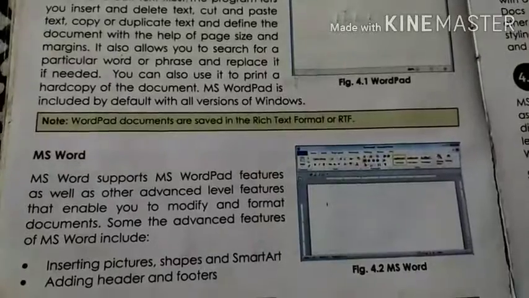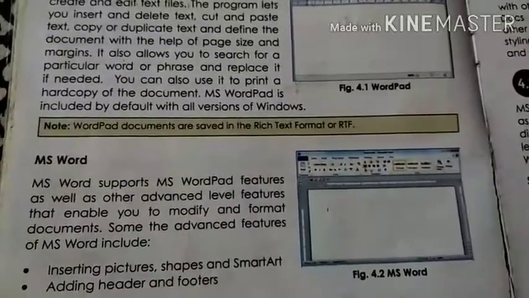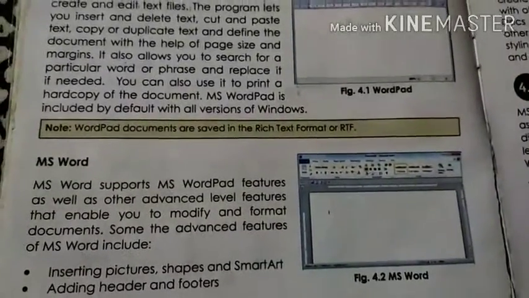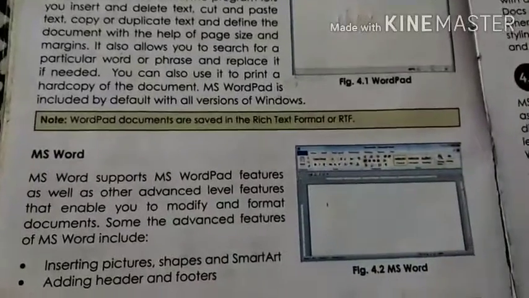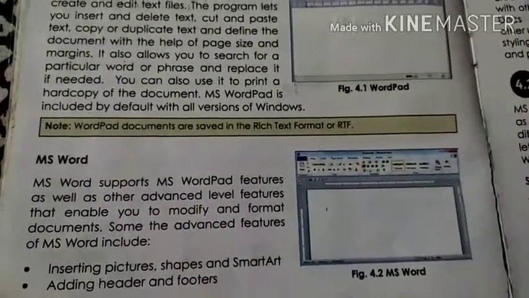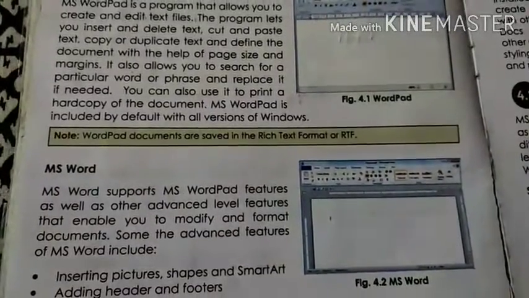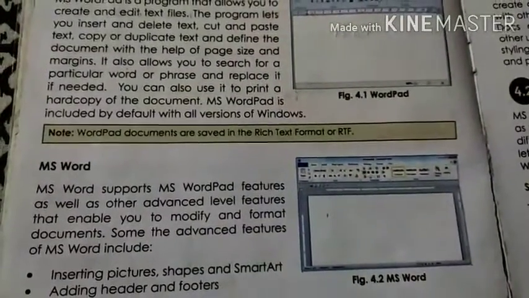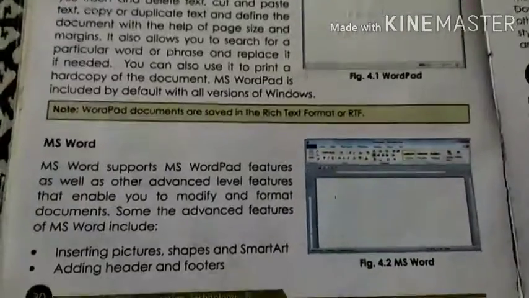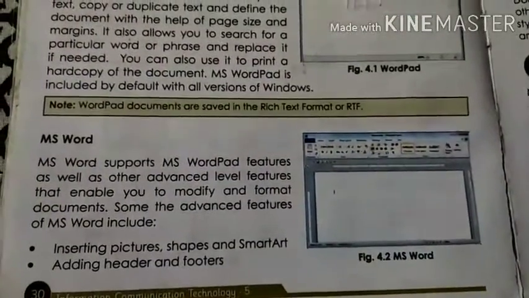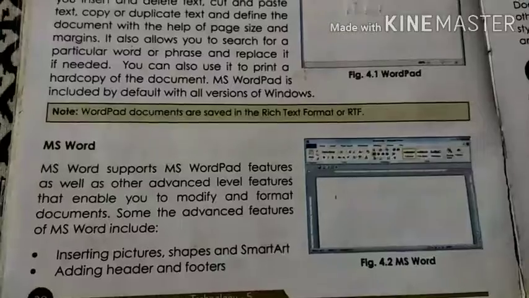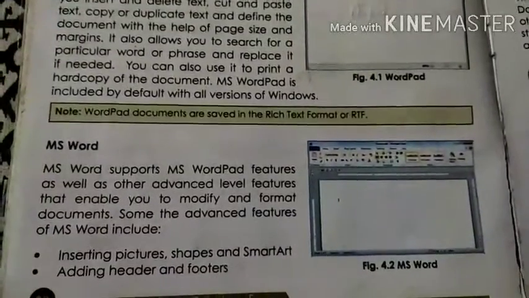If you want to add any image or shapes into your document, you can use them. Sometimes any kind of data has to be shown with the help of diagrams or charts. So with the help of SmartArt, you can use charts and diagrams as well.